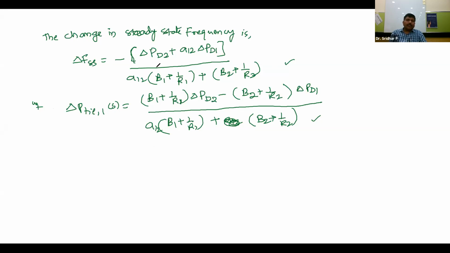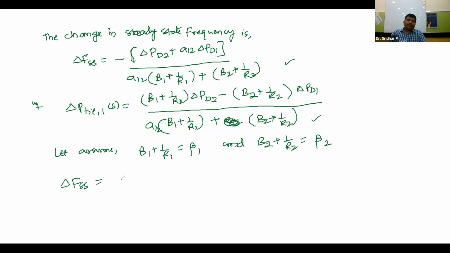Delta FSS is equal to minus of delta PD2 plus A12 delta PD1 divided by A12 into B1 plus 1 by R1 plus B2 plus 1 by R2. This equation looks very extensive and very big. So generally, what is our practice? Let's assume B1 plus 1 by R1 is represented with some beta 1, and B2 plus 1 by R2 is represented with some beta 2. If we substitute that, we get a simplified expression: minus of delta PD2 plus A12 into delta PD1 divided by